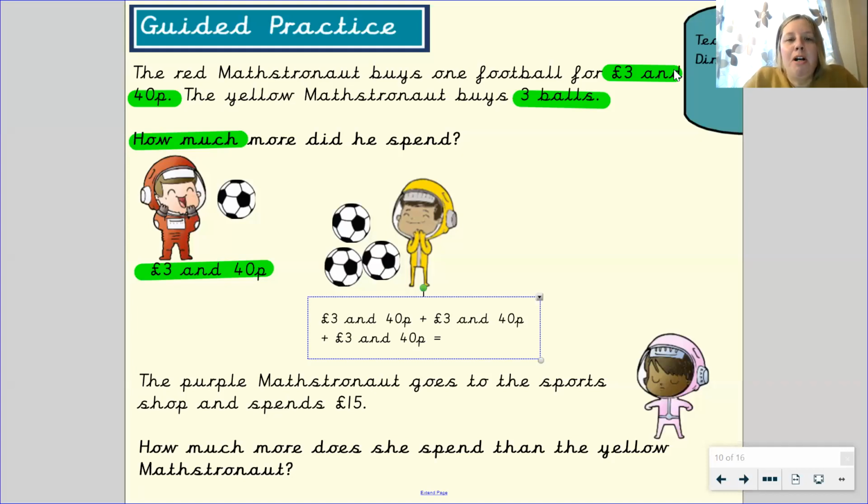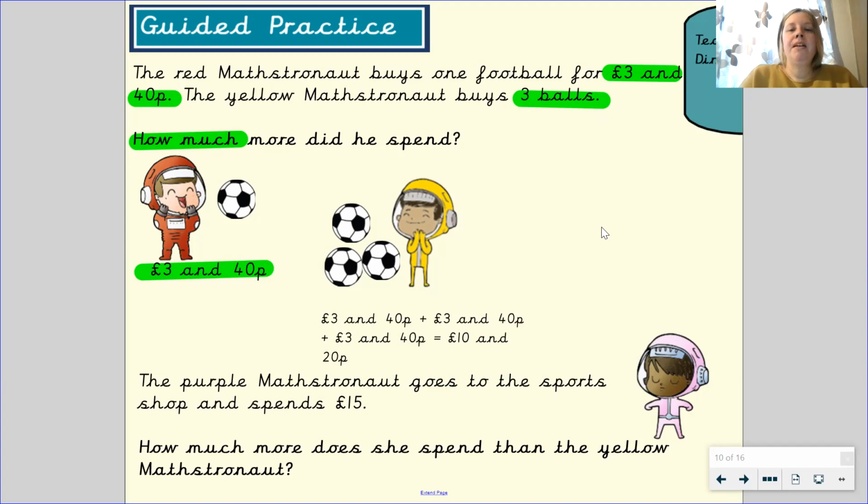So let's work out how much the yellow astronaut spent. If we remember back to last week, we need to add our pounds first. £3, add £3, add £3 is £9. Remember that number in your head or jot it down to help you. Then we need to add the pence. 40 pence add 40 pence is 80 pence. 80 pence add 40 pence is 120 pence. So we can convert this to £1.20. If I add this to my £9, the yellow astronaut has £10.20